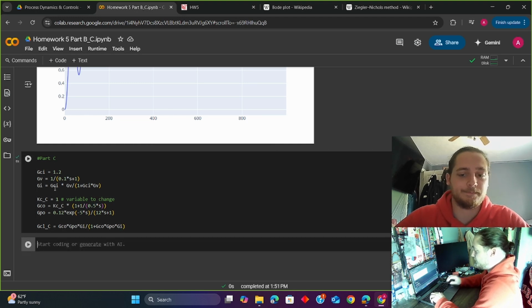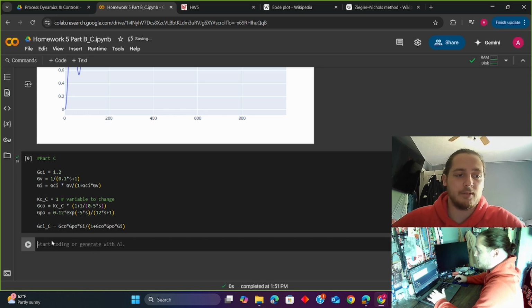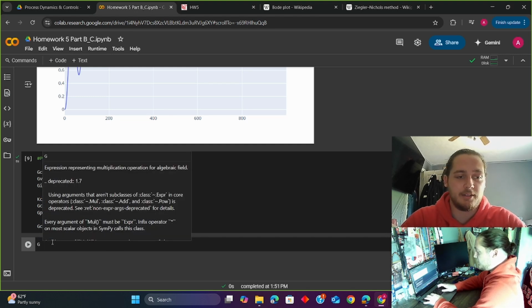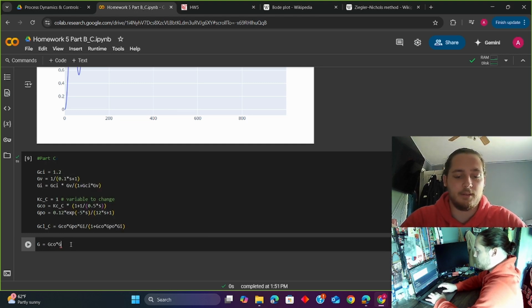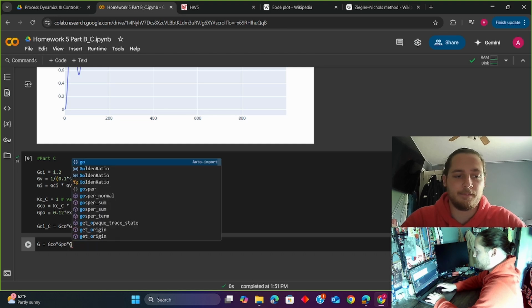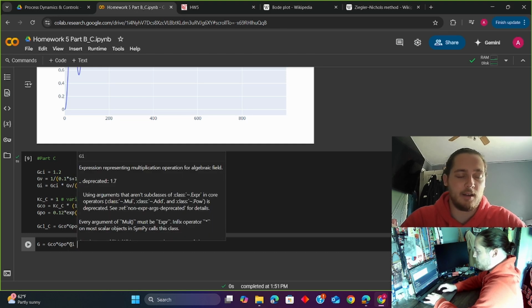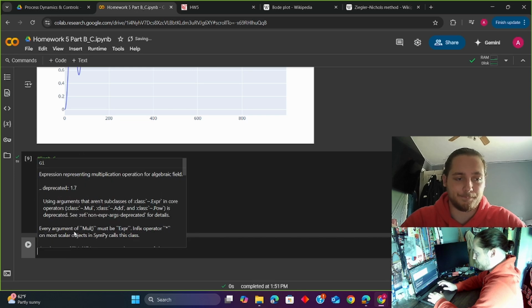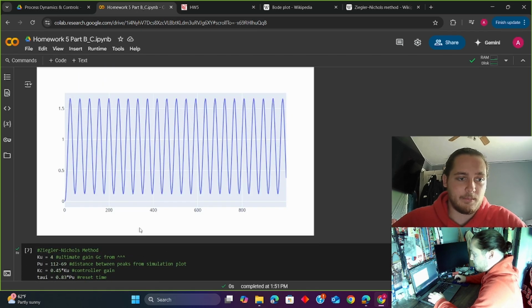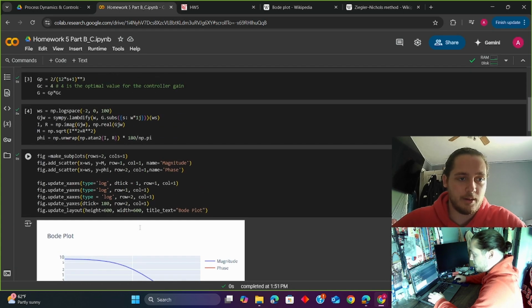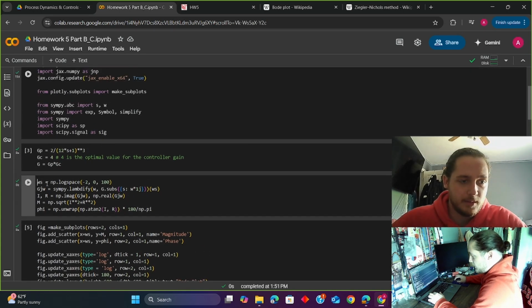Shift enter. Okay, so our next piece in this puzzle is going to be creating our Bode plot. As we did before, we need to define a G, and this G is going to be equal to our GCO times GPO times GI. And this is the numerator in our cascade closed loop control. So next, we can go ahead and grab some code from our previous part, and we want to grab this,